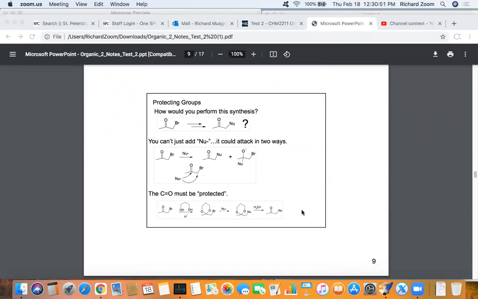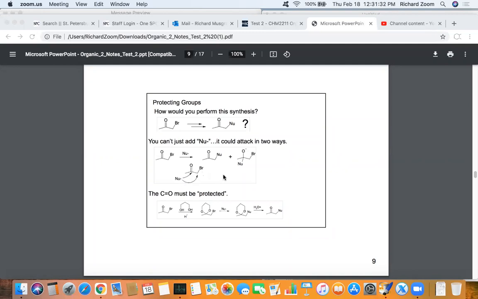Now, these cyclic acetals are very popular protecting groups when we're dealing with things that have C double bond O's in them, and we don't want that C double bond O to be damaged by a reaction. So if you've got a compound like the one I have here with this C double bond O and this CBr, there are actually two possible ways that a nucleophile could interact with that compound. The nucleophile could attack the delta plus on the C double bond O, or it could attack the delta plus that's on the C that's connected to the bromine. So the question would be, how might you protect one of those groups, namely the C double bond O, from